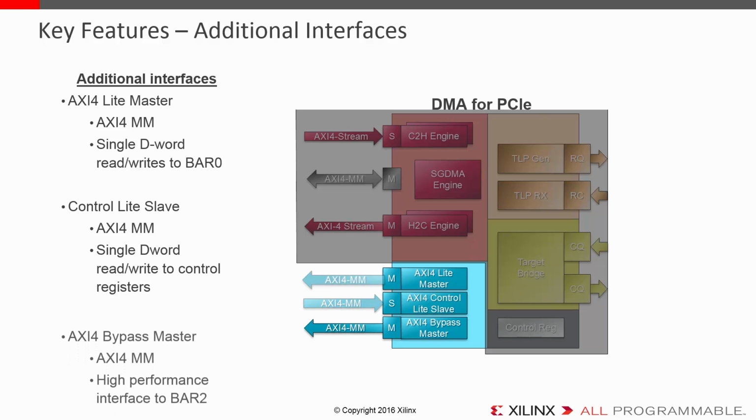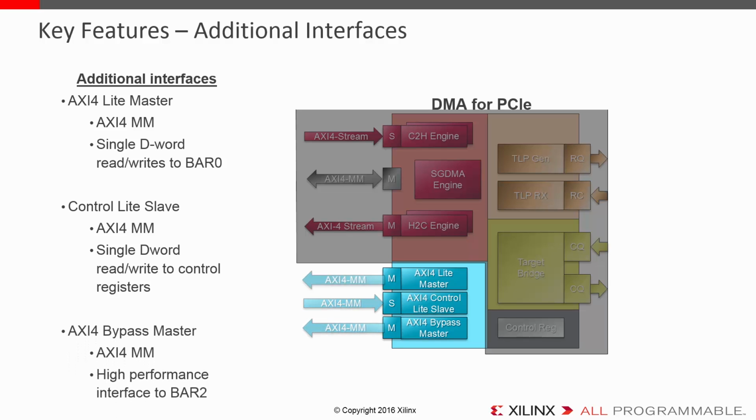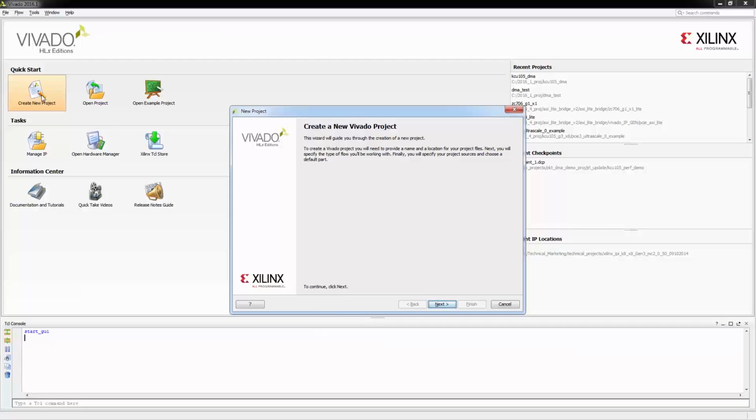And then finally, we have the AXI4 Bypass Master. This master is for high performance applications where maybe the FPGA in this case is the target of a DMA transfer, and we need to be able to accept really high performance reads and writes, and that is mapped to BAR 2. So without further ado, let's go ahead and get started and show you how to make this